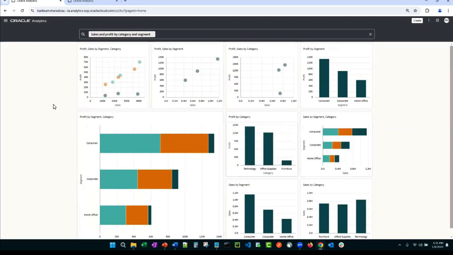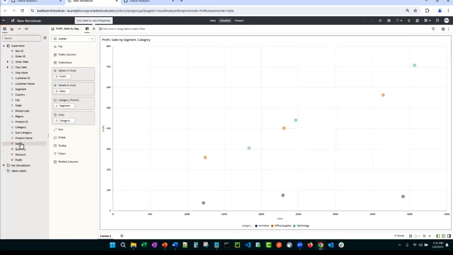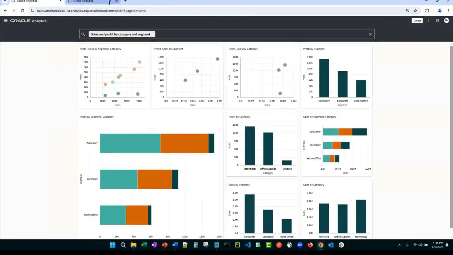And if you find a chart that is interesting to you, that you would like to analyze further, you can just select the link to bring it into the workbook. And what it does is it brings it into the workbook editor along with the data set to get you started. So you can see there that search is much more than just a keyword search and really can kind of help you get started. I like to think of it as the days of staring at a blank canvas are over. And this is just one of the first several features I want to talk about to help you get started in this platform. So I'm going to go ahead and shut that. And we're going to close the search results.